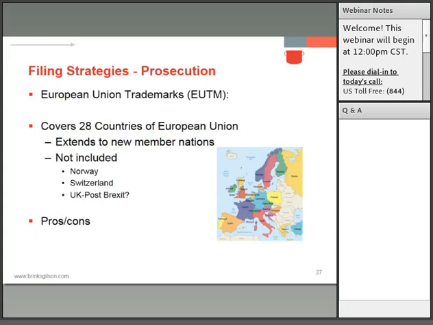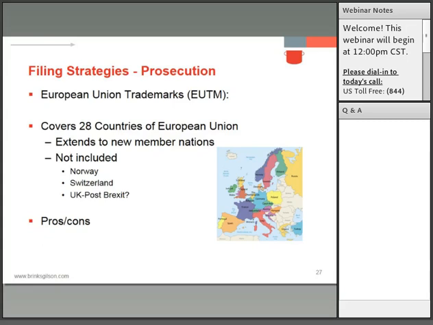I also want to touch on a couple more of these areas where you can file one application and get protection in multiple countries. One that we've touched on is the European Union trademarks, formerly known as the Community Trademark System. It covers the 28 countries in the European Union, and once you get the registration, the protection will extend to any new member nations. It's important to note that